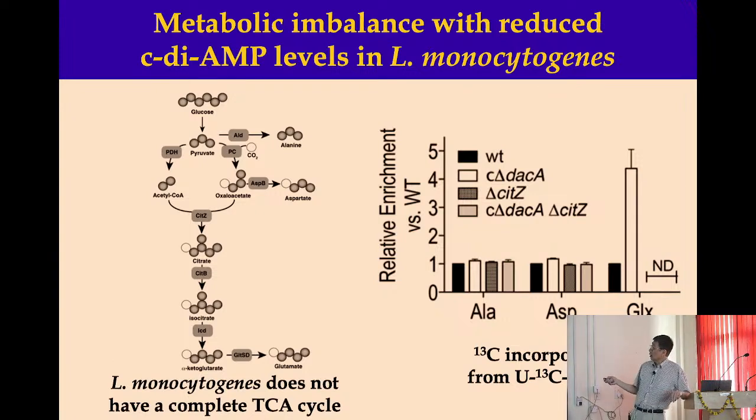And then in Listeria, cyclic di-AMP is made by an enzyme called diadenylate cyclase. So he made a conditional knockout or deletion of this diadenylate cyclase because it's an essential gene. Sorry about that. So you can see that when you knock out the cyclic di-AMP, you have a lot of glutamate being formed. So cyclic di-AMP inhibits PC. When you remove it, it goes down the pathway. You can make a lot of glutamate.